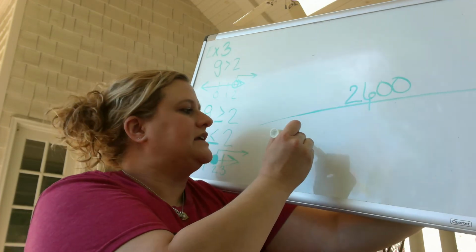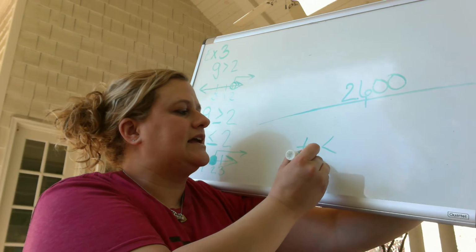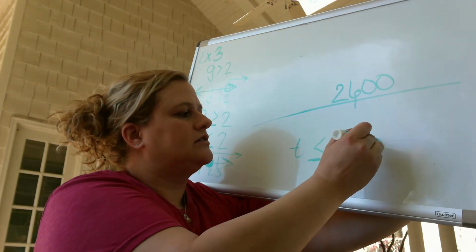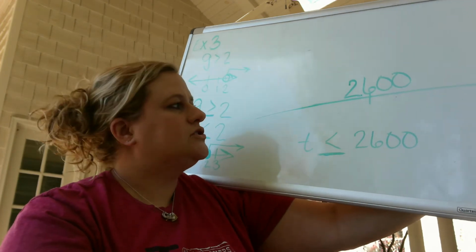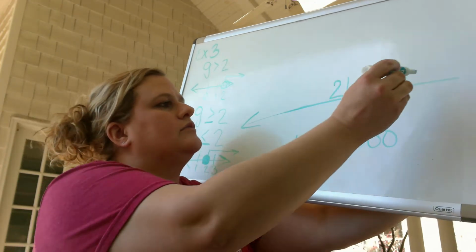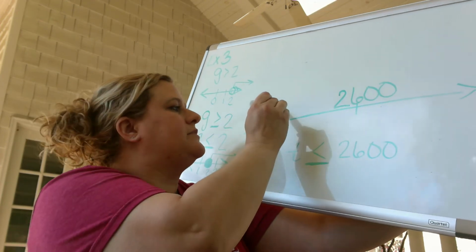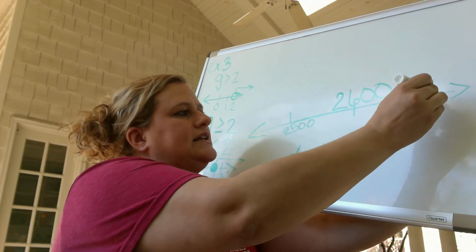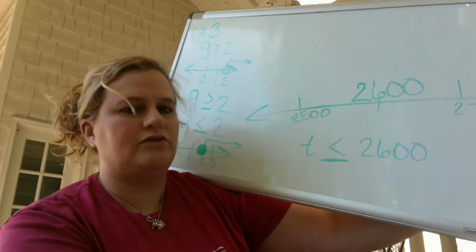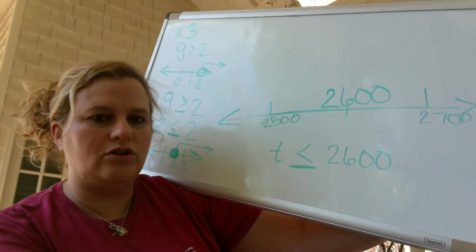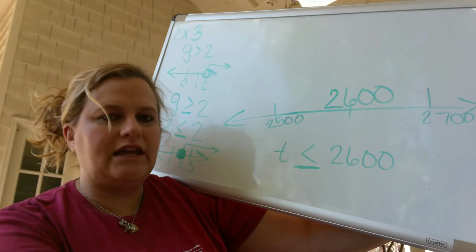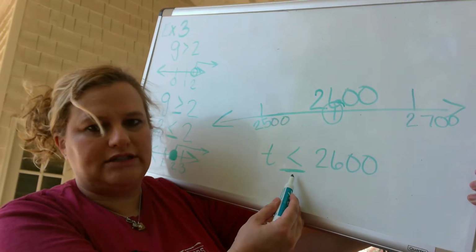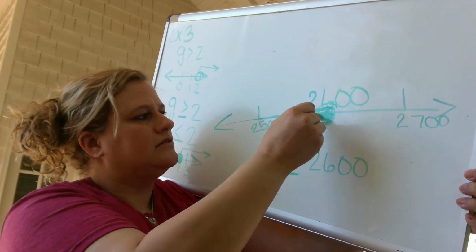So our equation would be T would have to be everything less than and including, less than or equal to 2,600. So for this one, we would add our arrows in both directions, and maybe I make this 2,500, and maybe I make this 2,700. And now you would take 2,600, because it's included in the solution set, I would color it in, and then